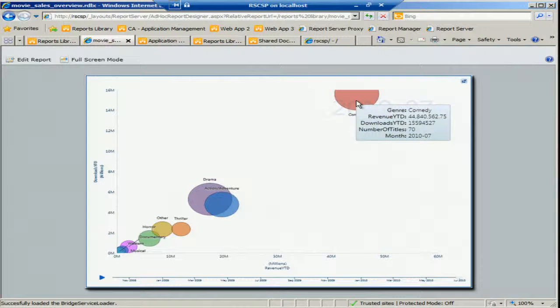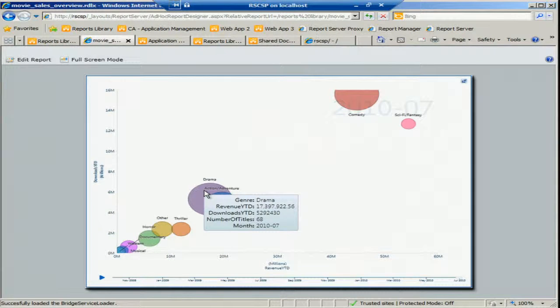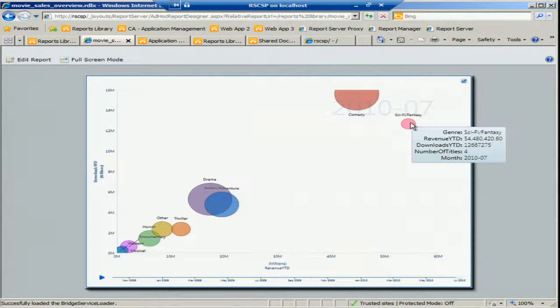And also the size of the bubbles themselves reflect the number of titles in each of those genres that were sold. So comedy had 70. Now if we go to drama, you can see there are 68, whereas sci-fi were 4. And you can do a play action